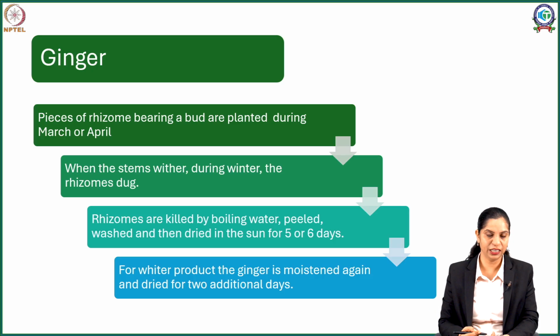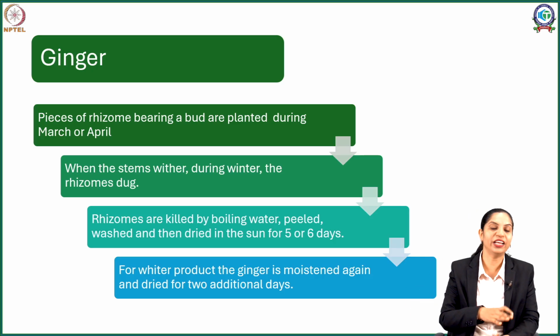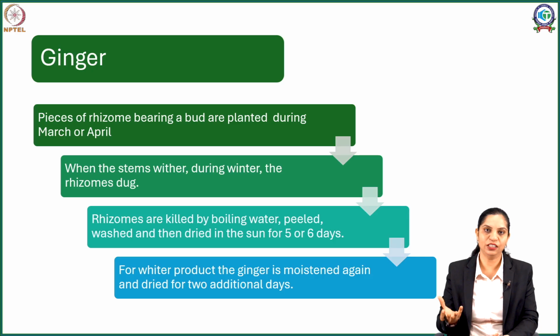And for this reason, when I want it in commerce for preparation of resins for culinary purpose, what is done is this ginger is taken and boiled. This boiling often renders the ginger sterile and incapable of any further growth, and as a result you will see the ginger will stay intact. So it is blanched or boiled, and after boiling what happens is, in some cases you will see the cork comes off.